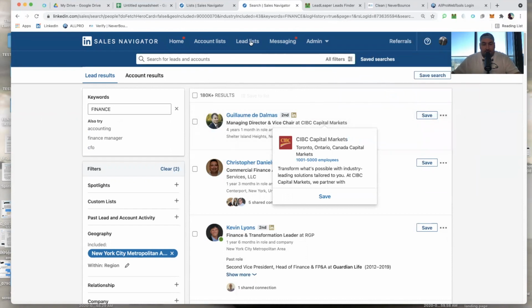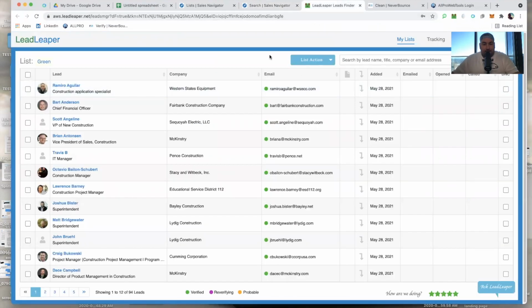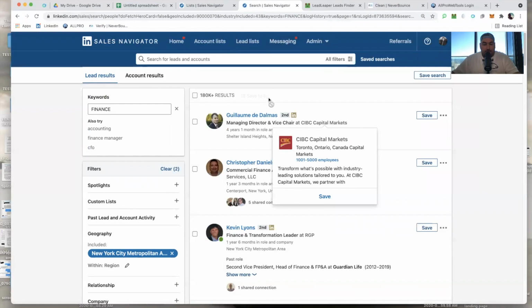So secondary to your LinkedIn profile and Sales Navigator, I want to talk about having some form of an email lead generator or an email scraper, as we like to call it, right? I personally utilize LeadLeaper. Okay, so LeadLeaper is essentially a Chrome extension. It's right here. It's the little frog, and what it does is it allows me to find anyone's email, most